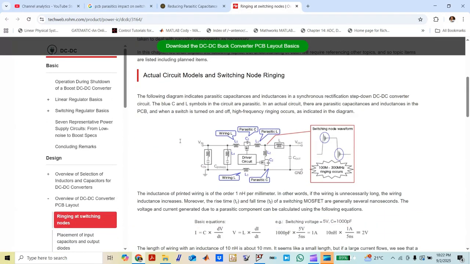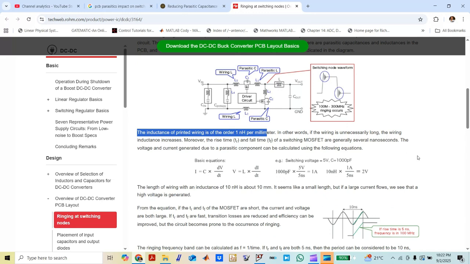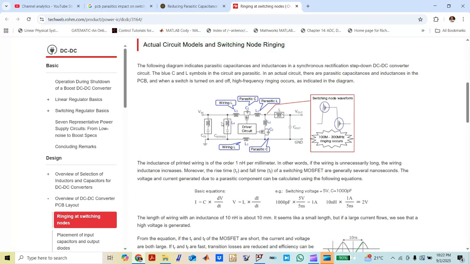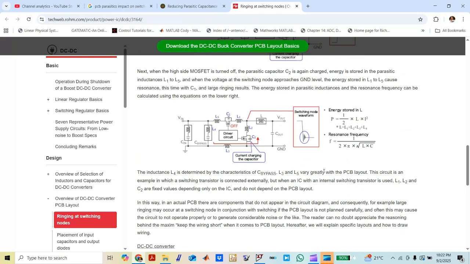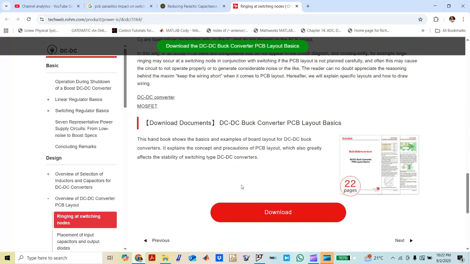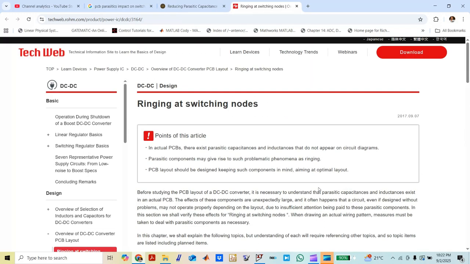So we can see here what happens is in the PCB, due to the inductance in the printed wiring, clearly we can see the 1 nanohenry per millimeter. So this type of parasitic capacitance and inductance impact will be there on the circuit, and we cannot avoid them. So clearly we are seeing here these parasitics will hugely impact the switching nodes and the ringing happens. So the ringing happens here and this will impact the system performance when we actually make a PCB for the